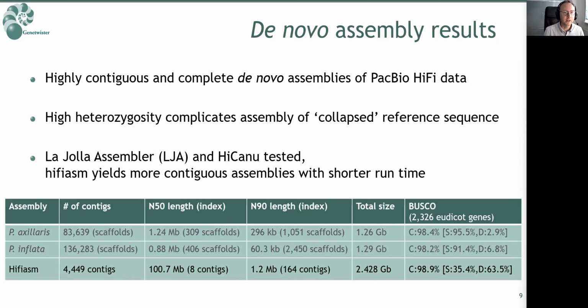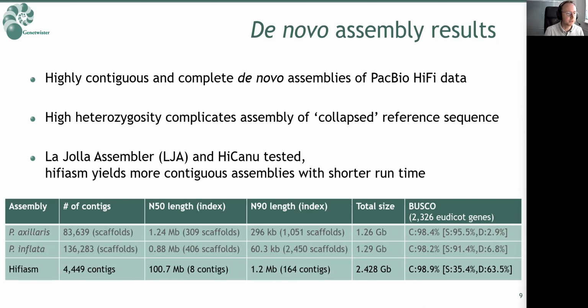Using only the HiFi data, we performed a de novo assembly using hifiasm with unzipped settings, shown here in the bottom of this slide. For comparison, the statistics of the Axillaris and Inflata assemblies are also shown, which are quite fragmented. Using hifiasm, we obtained a highly contiguous assembly already with an N50 of 100 MB and half of the assembly in only 8 contigs. We also tried the LGA and HiCanu assemblers, but hifiasm resulted in a more contiguous assembly